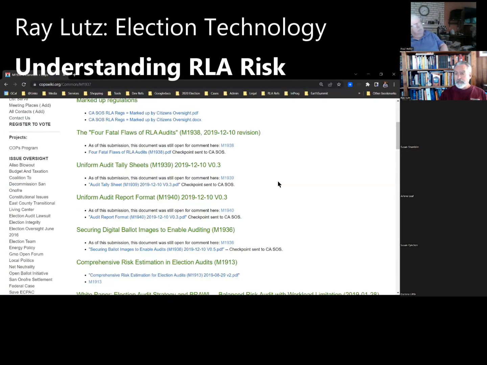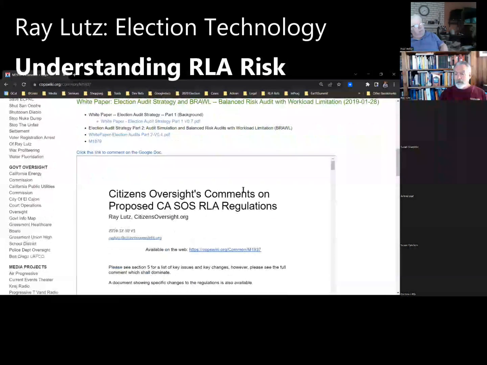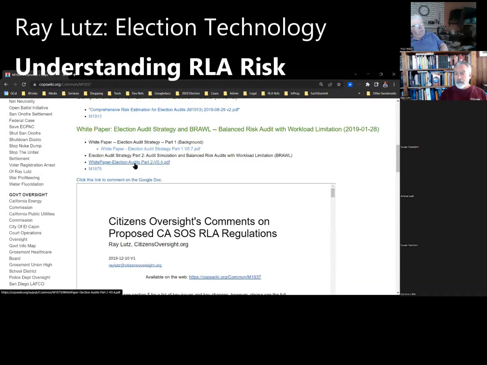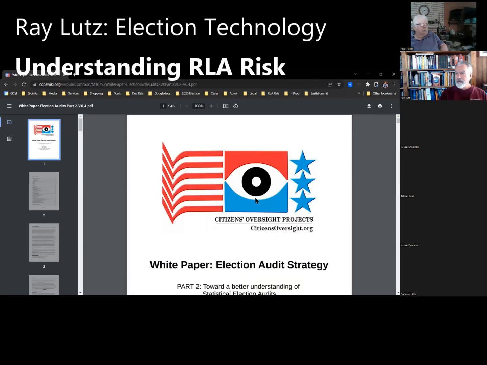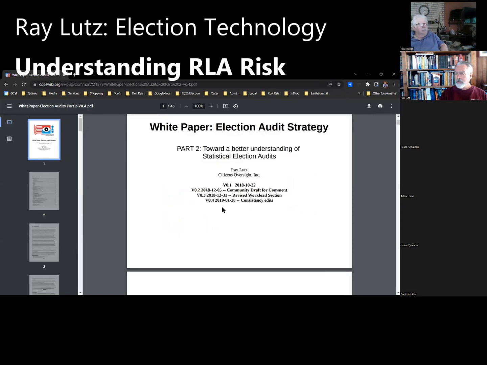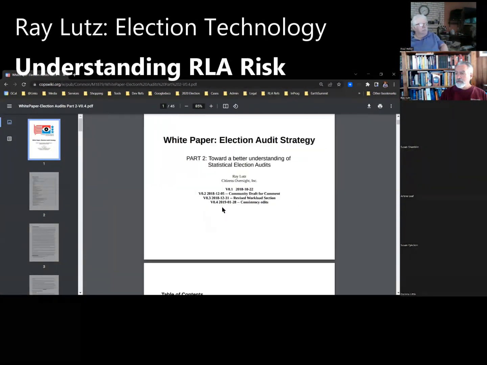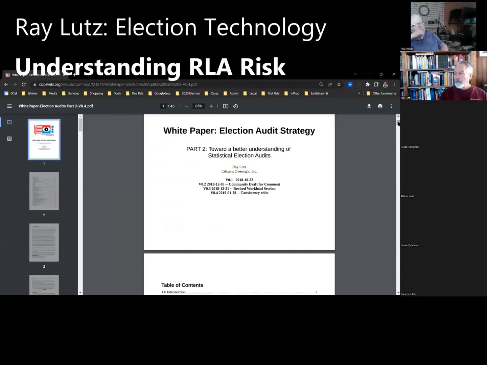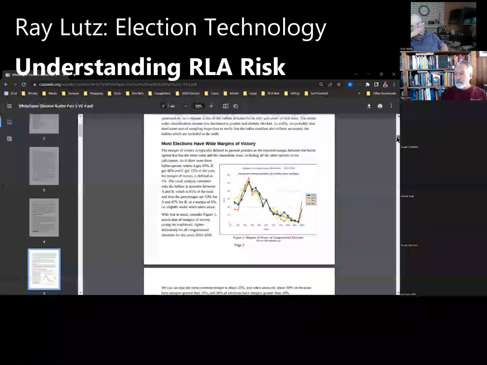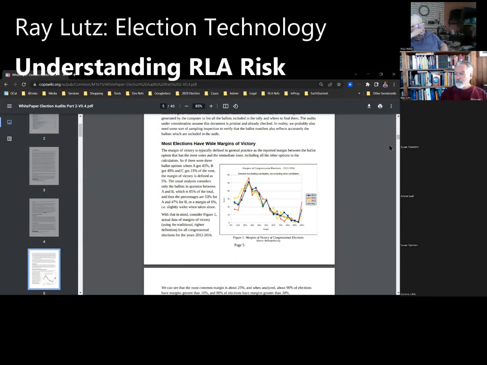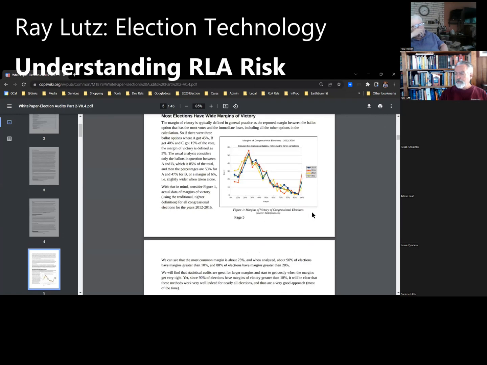I'm going to look at this paper that I wrote a while back called the Brawl method, because in this I detailed how my simulator worked, because I wanted to understand this. So the first thing I discovered was that